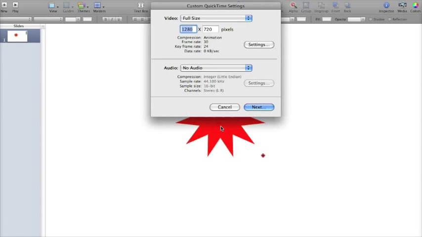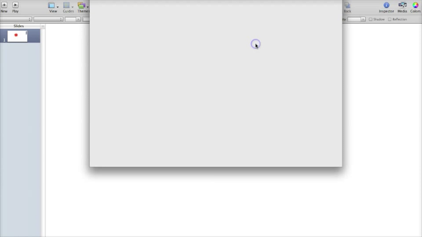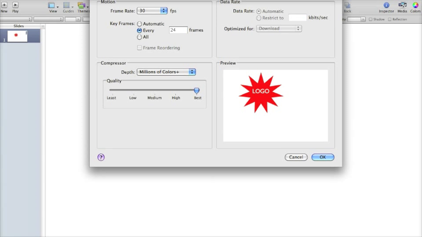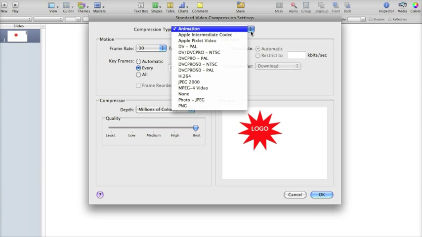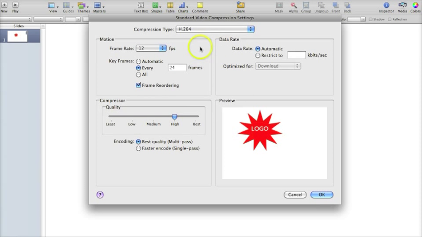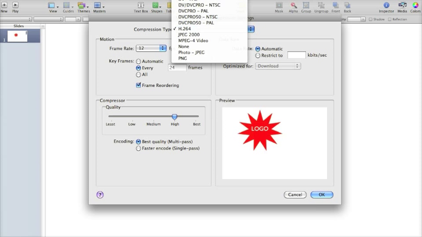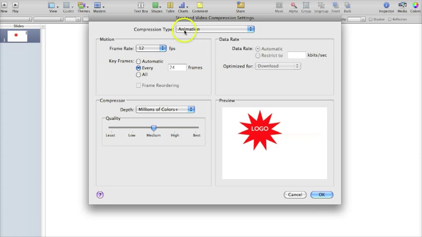So the size is okay, but we have to click on settings, and I want to drop this down here so you can see it. So you'll see it usually starts here. That's what it normally is when you click on that settings tab, and we want to go to animation, okay,